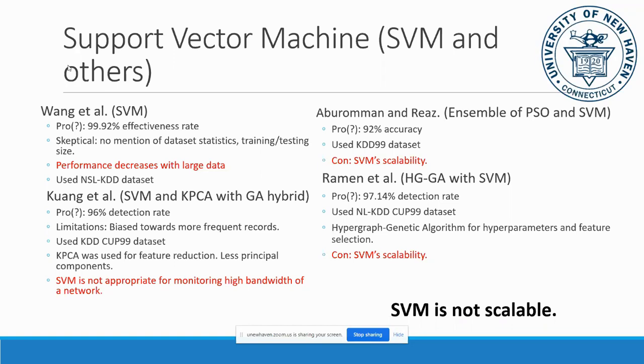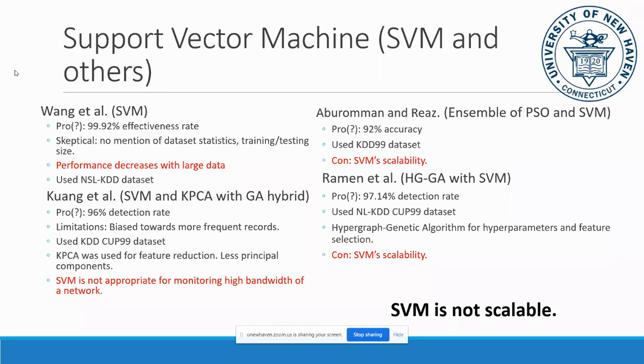There are different varieties of datasets that are used. We have the NSL-KDD, and then we have the KDD Cup 99 dataset, but they're all derived very similarly to one another. I think the current dataset that this group of researchers use is derived from the KDD Cup 99 dataset. You can also see down here we have the KPCA, which is used for feature reduction. And then over to the right, you can see we have another kind of dimension